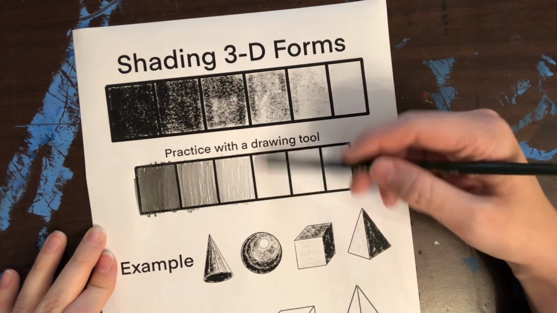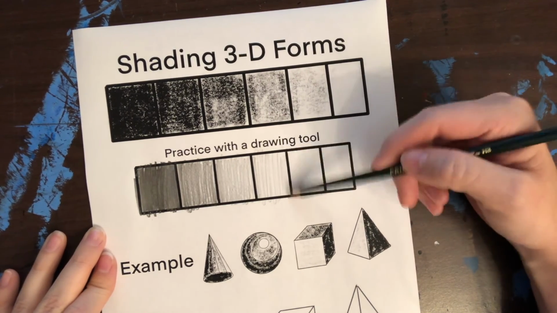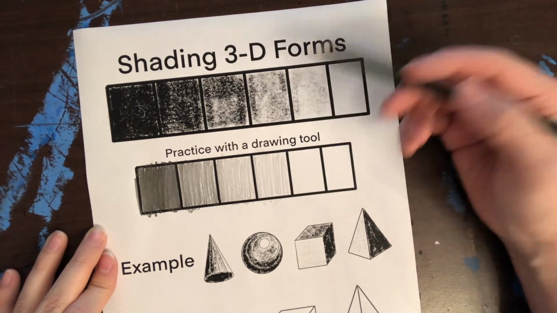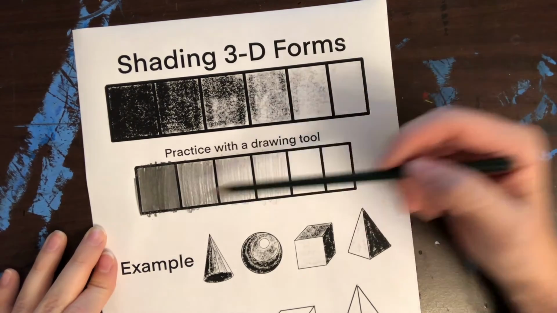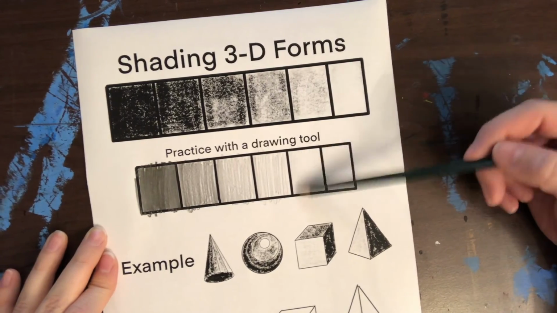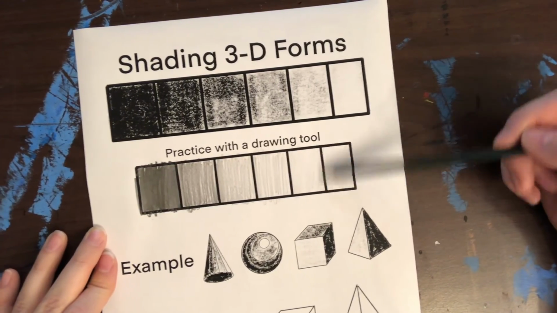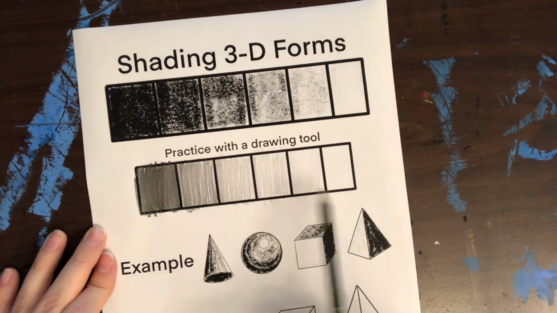Now on this one, I'm going to barely press. Try to get it really light. You can see I'm not being super careful about staying in the lines, but that's okay. And on this one, I'm going to hold the pencil way at the back, and I'm going to barely leave a mark. And then the last box is actually just gonna stay white. So now I have a white to black, or as close as I can get it to white to black